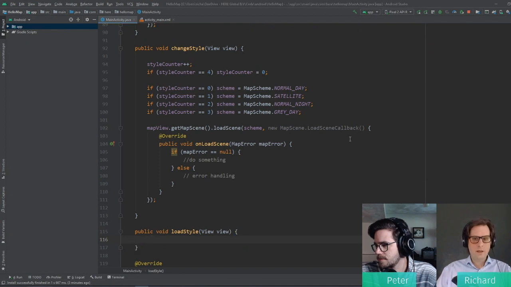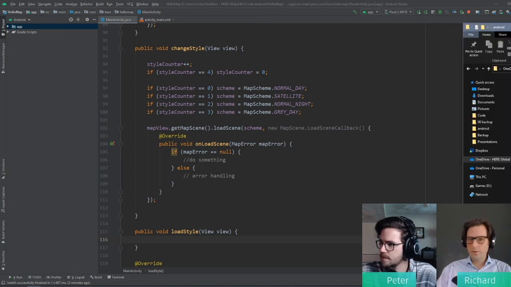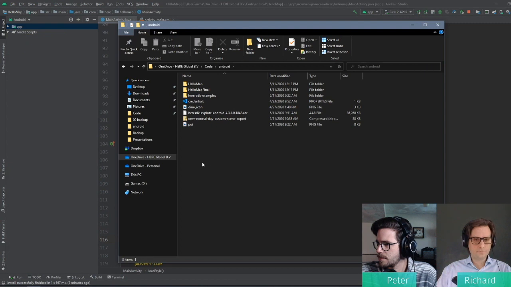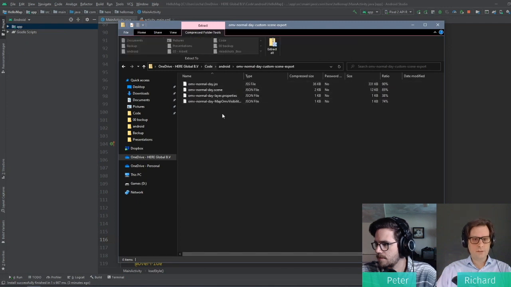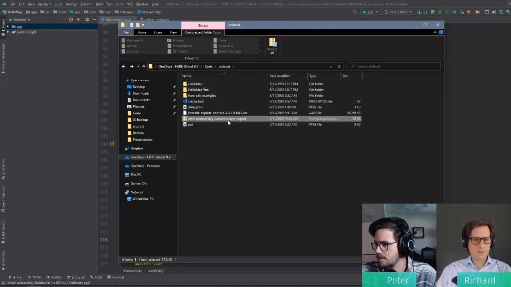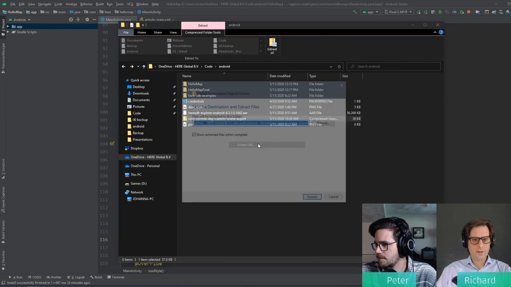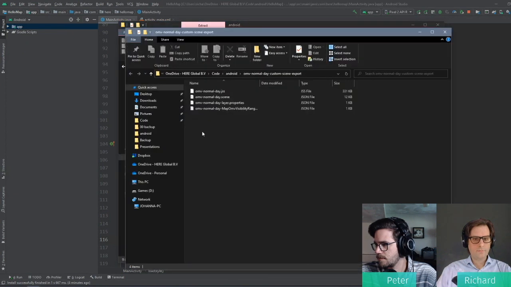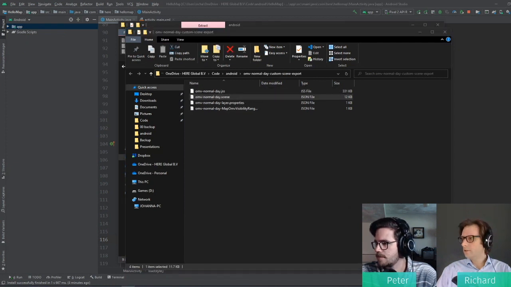So let's open up our Explorer for a second, and we actually see we have a zip file here which contains the relevant files. I'm going to unzip this real quick, extract all. I can open these JSON files here. For example, I can do it like this. Open that up